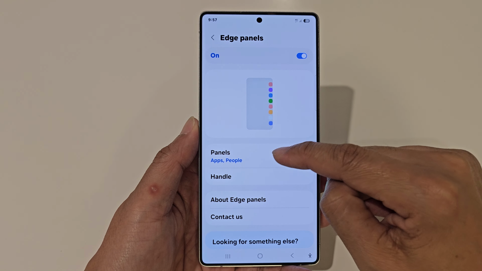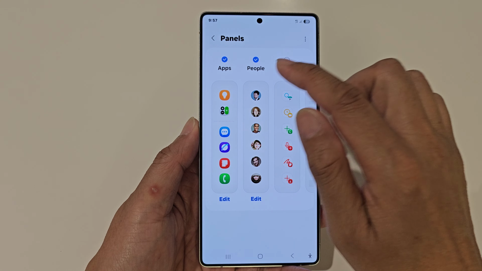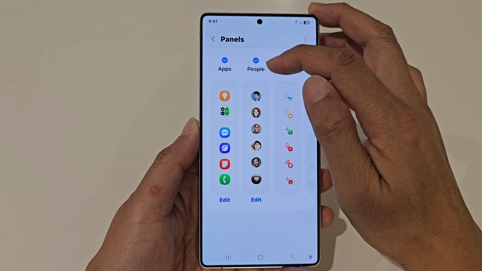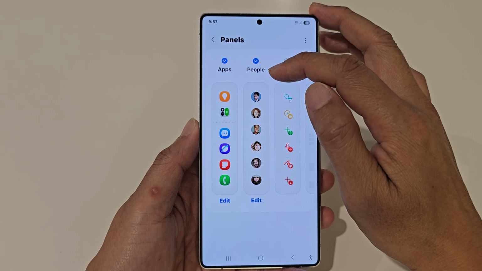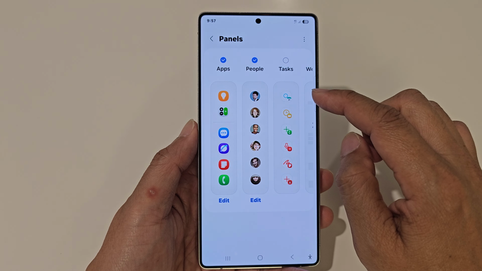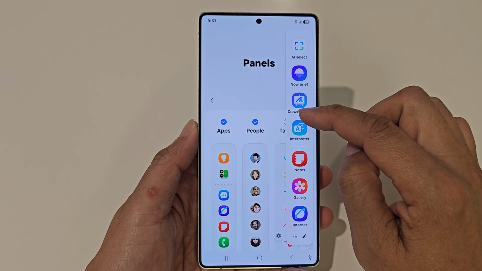Then tap on panels. Now swipe across until you can find where it says people, and then tap on the people toggle button to add or remove the people panel to the edge panels. And that's it. Once you have added, if you swipe across to open up the edge panel, you can switch